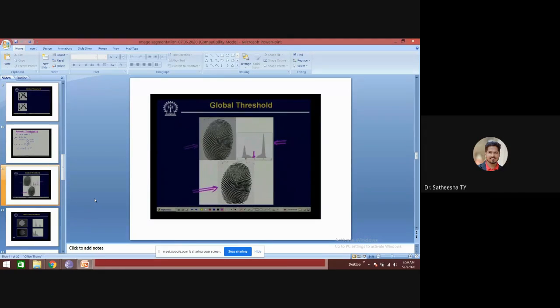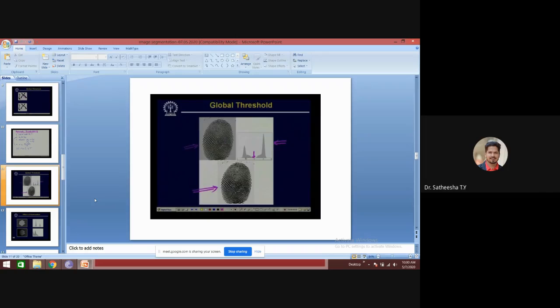Using this kind of automatic thresholding, the kind of result that can be obtained is something like this. Here you find one input image, and you can identify that this is a fingerprint image. This is the histogram of that particular image.